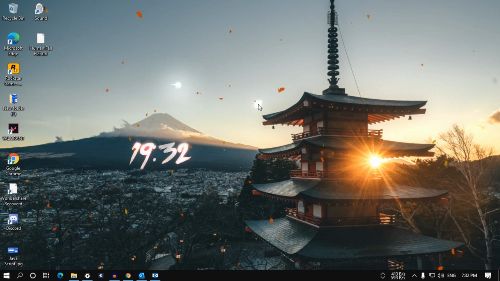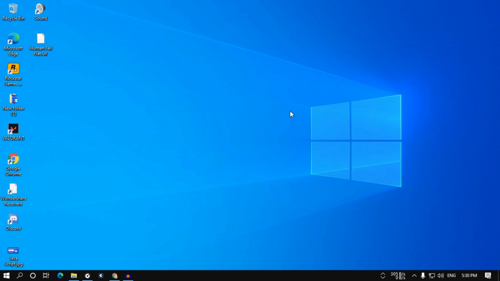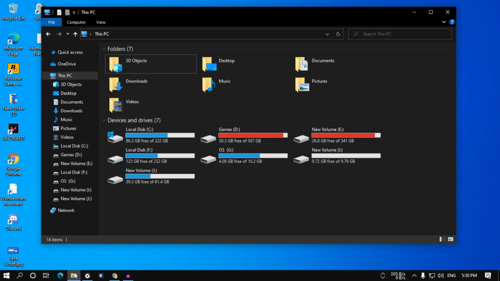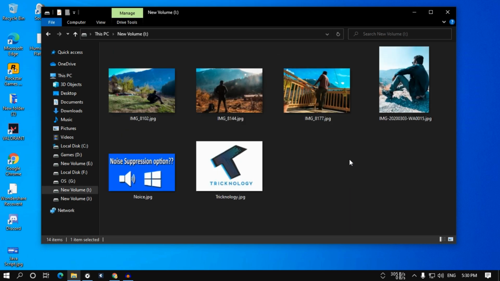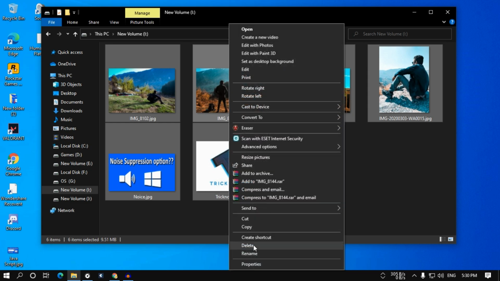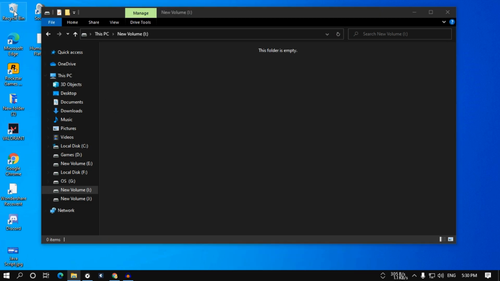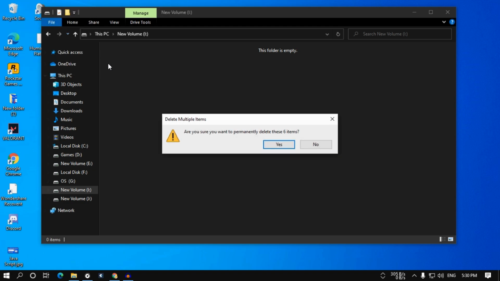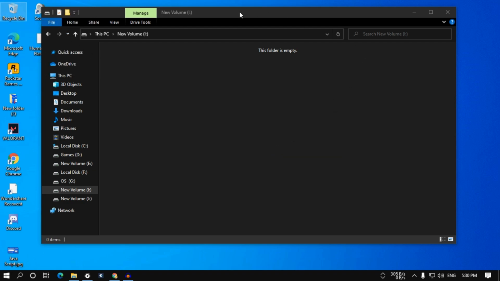So if you want to know how to recover your deleted data from your device, then you just need to follow me. Before letting you know how Recoverit works, let me delete some files as a part of the demo. I will go to my computer, and after that I will delete some files from this partition which is called I. Here is a 10 GB partition as you can see. I will go under that partition and delete all these photos from here. Just right click over there and click on delete. As well, I will delete from the recycle bin also. Just right click and click on empty recycle bin.